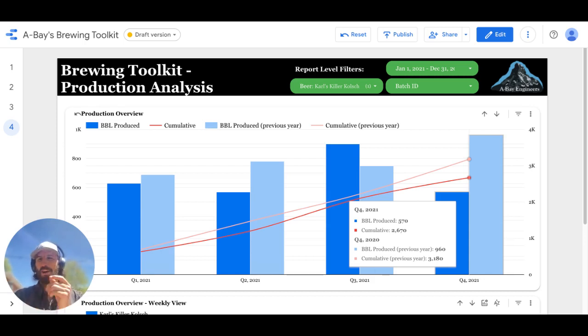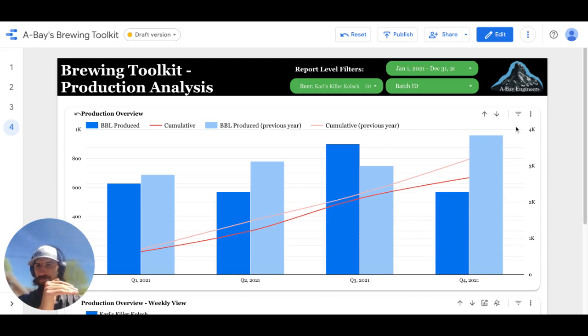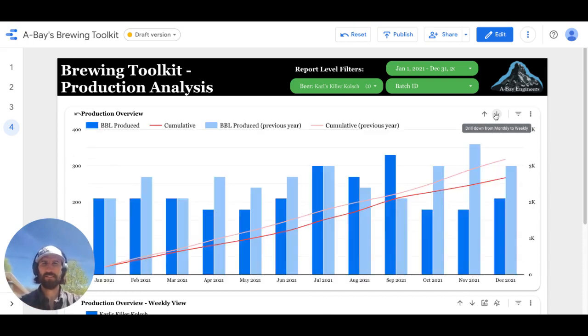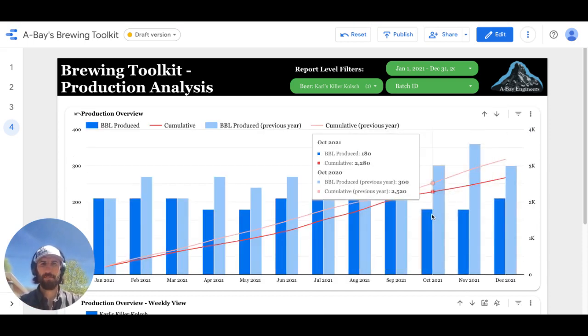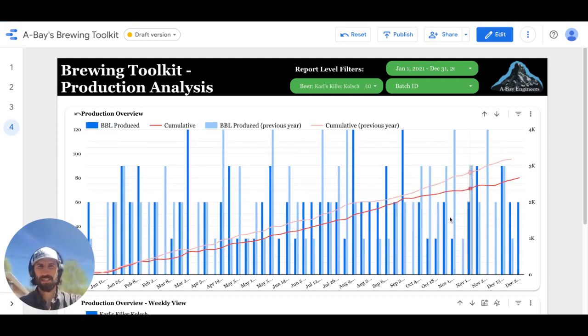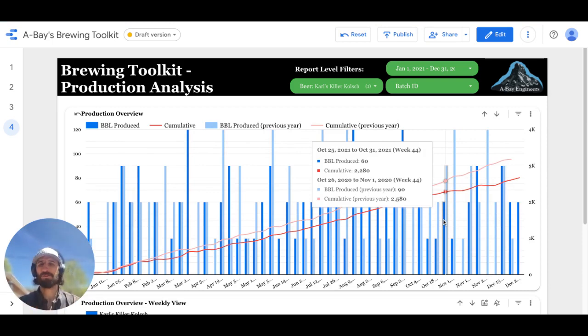So the insight there is we need to have a bigger focus on production at the end of the year to match the prior year's numbers and hit our goals, right? And you can even dive deeper into what month it was. Apologies, I went the wrong way. You can really see November, December, and October, all months there were much lower. You can even go into weeks, maybe the number of times we produced, it was the same, but lots of double batching type of weeks there at the end of 2020 versus 2021. So some real good insights there from the data.